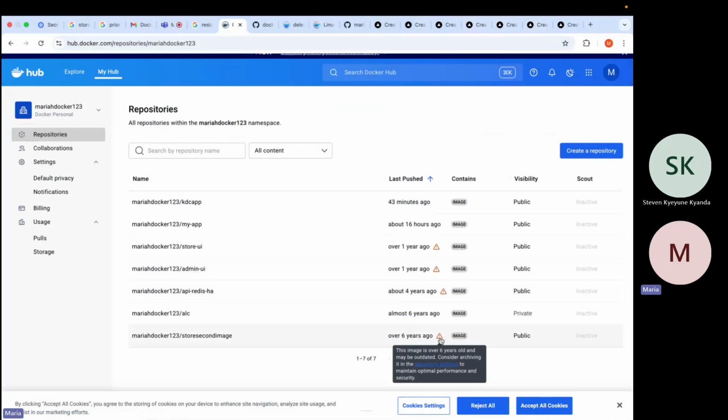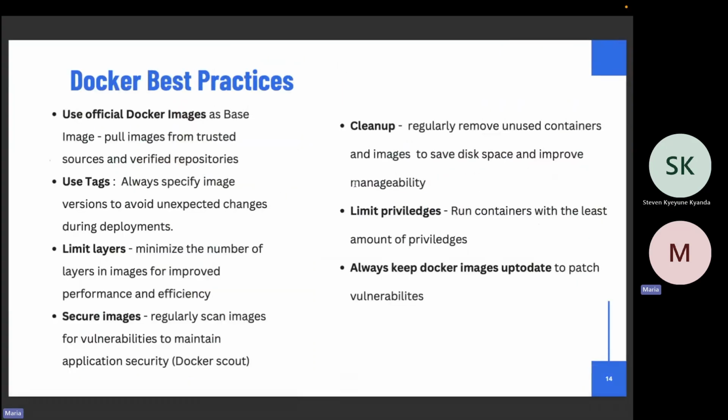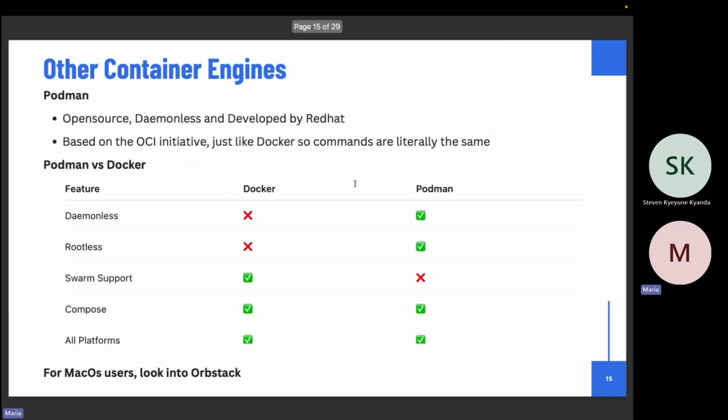It will directly show you that this image has not been up to date for some time. So this image is not safe to use. So you should always keep your images up to date and patch any vulnerabilities to ensure security. Any question?